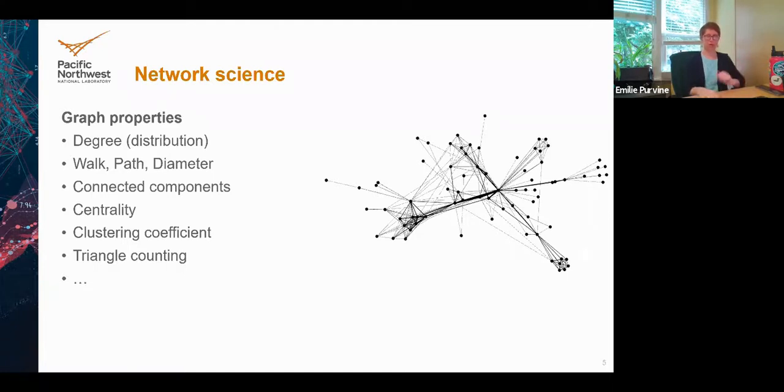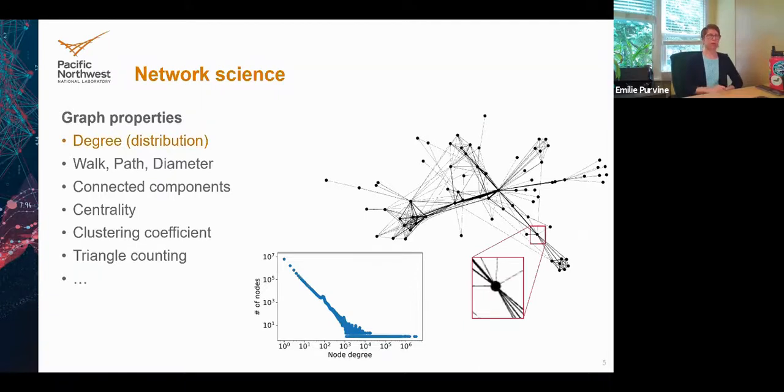So in one of these real data graphs, we might want to ask questions about the degree or the degree distribution. So for each node or vertex, how many neighbors does it have? And then as a collection, what is the distribution of those degrees across the whole graph? I'm showing a picture here of sort of like a power law distribution, although it has some interesting features that might be properties of the data or might be artifacts of how the data was collected. This is not the degree distribution for this graph, just as a disclaimer.